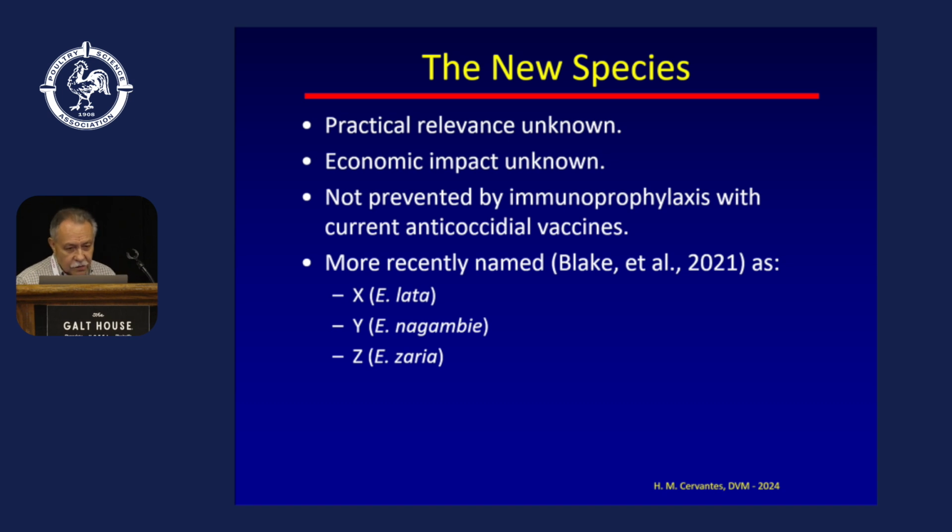And if you remember, for many years, we called them OTUs, Operational Taxonomic Units, and they were OTU X, Y, and Z. Well, since Blake conducted the molecular and biological characterization of each species, they have been named